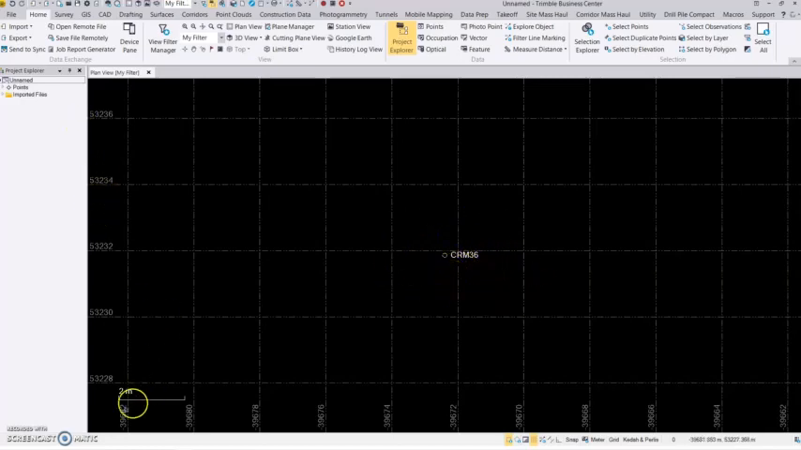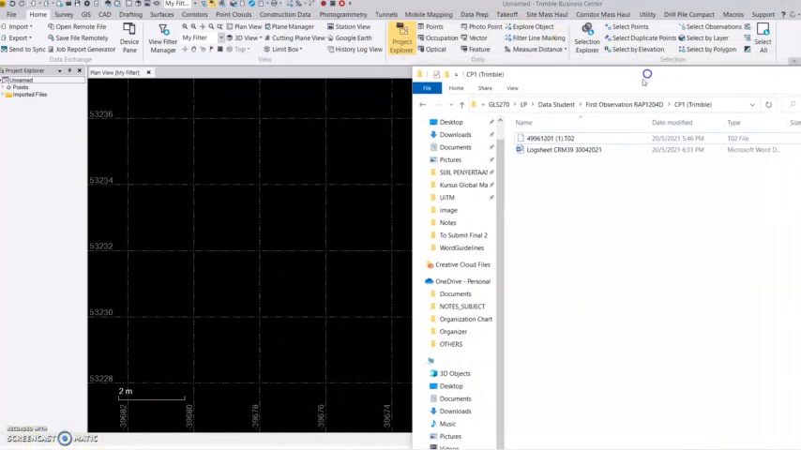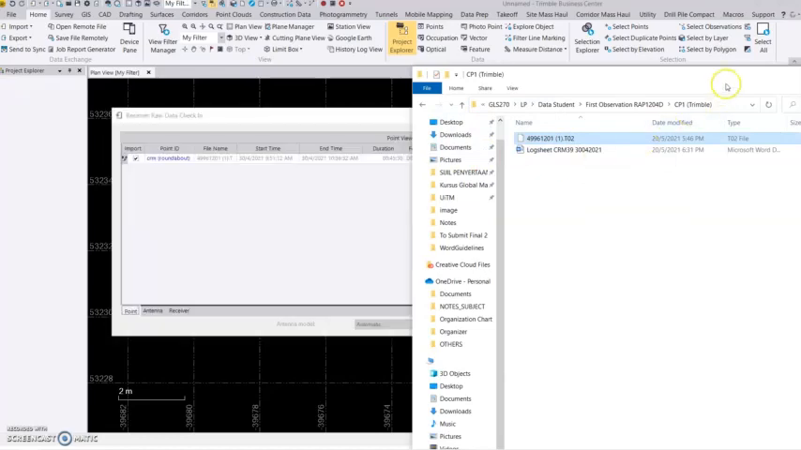Okay, and then we can try to use another method, which is by dragging the file to the plan view. Okay, for example, here this is the CP1 and this is CRM39. So .T02 means this data is raw data from the observation by using the Trimble receiver. Okay, I just drag into the plan view, and then